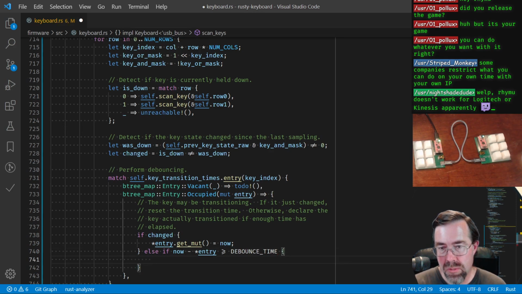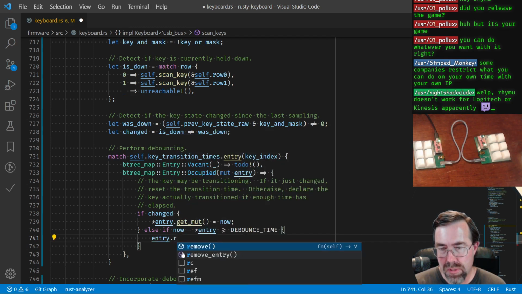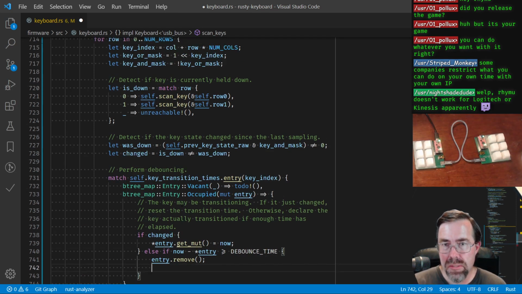Then we actually have a transition that happened, and the state will be... let me think about this. Yeah, the state will be whatever the state is now, right? So then we want to do two things. I want to remove the entry, so entry dot remove, and we want to actually set it in the